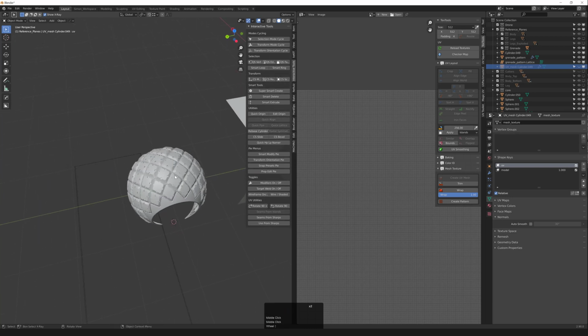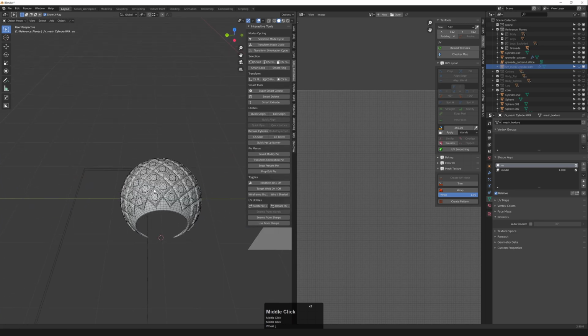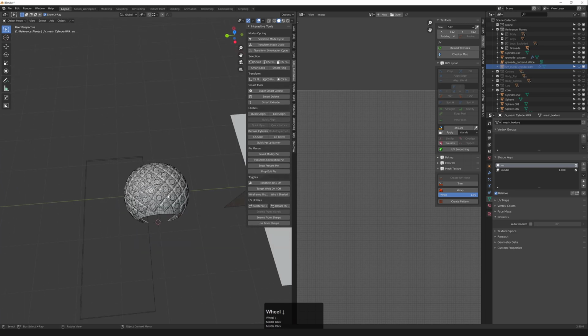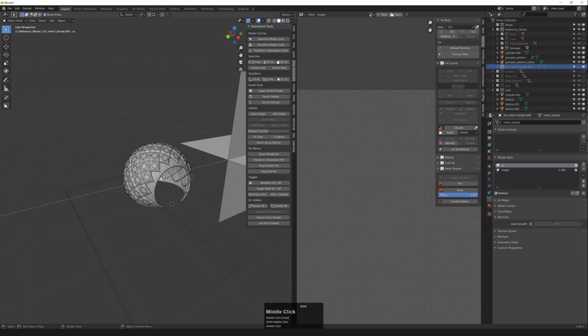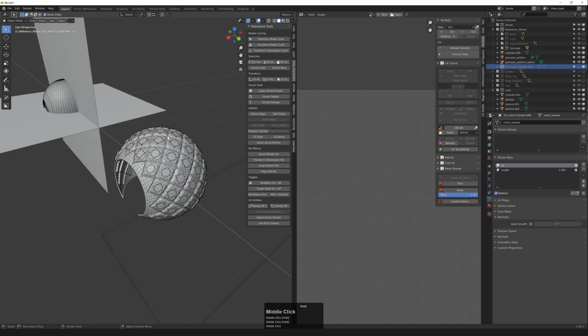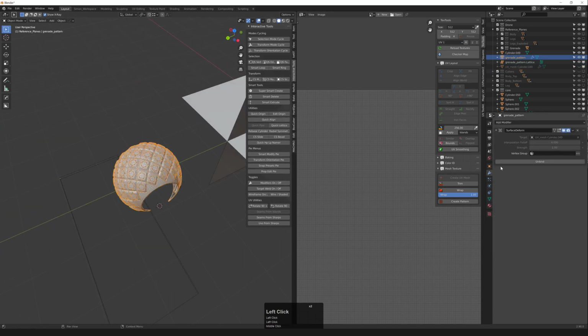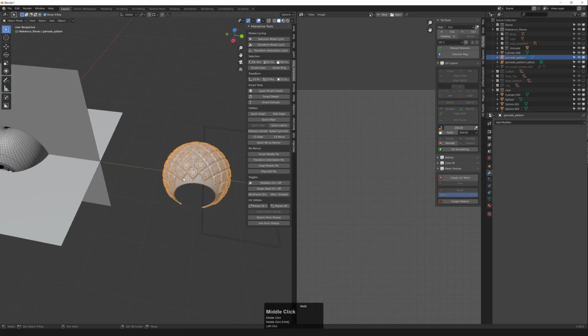So having to model this by hand is barely possible. You need to use this technique where you rely on the UV coordinates or use deformers or something like that. But I prefer doing it this way because it gives you so much more control over the shape that you actually want to create. Okay, now that we have this, we can apply the surface deform modifier here